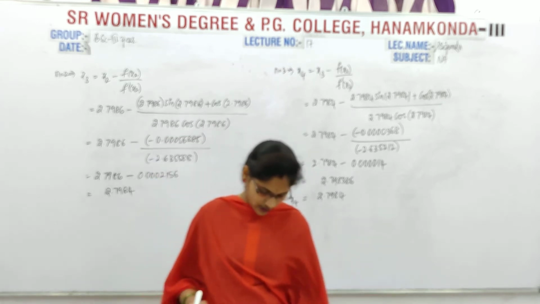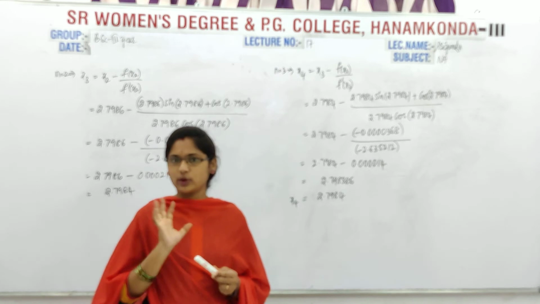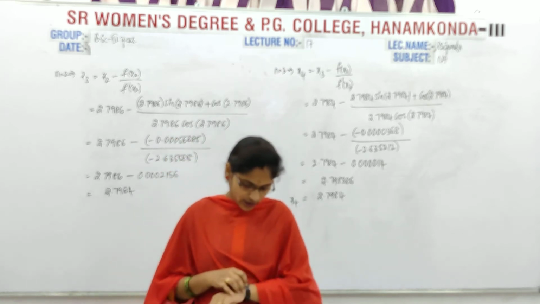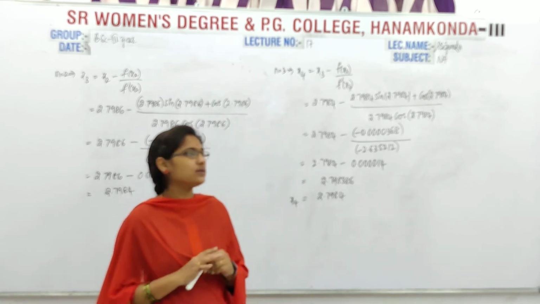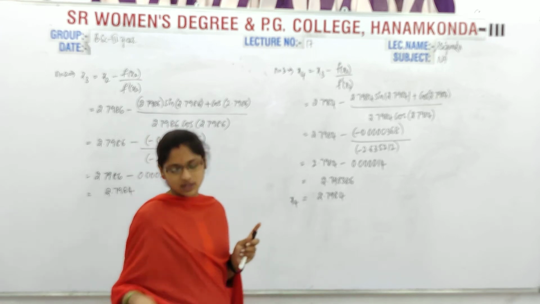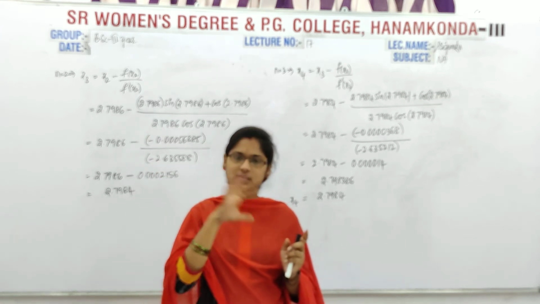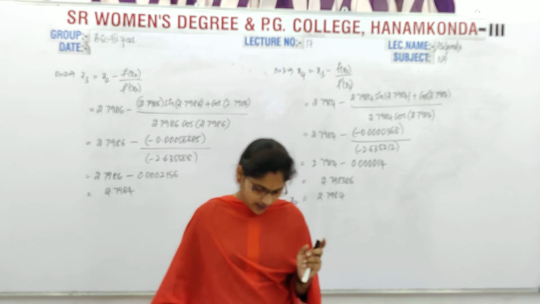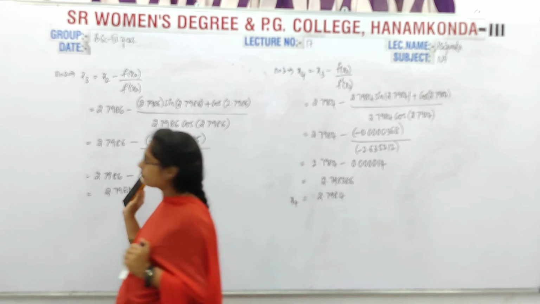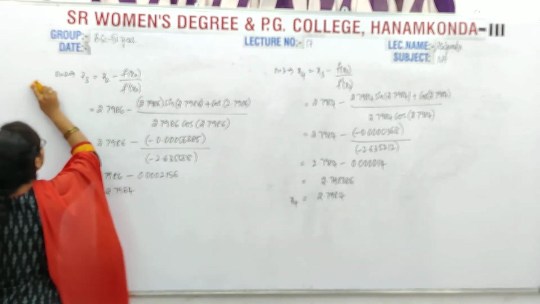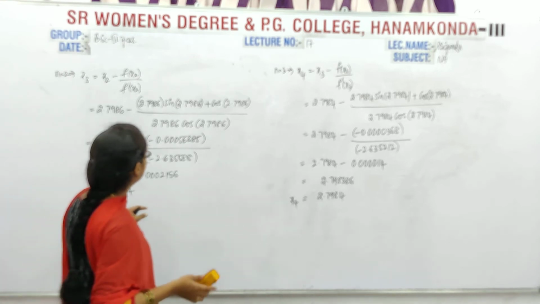Okay, like this you have to calculate. So now for this one I am going to make a table. If I make this table, then you can get all the values in one place, and just by seeing the table you will get clarity also. Now write down the table.